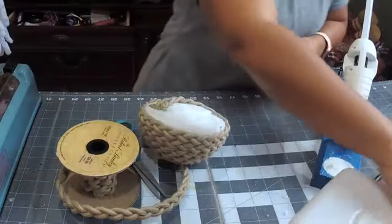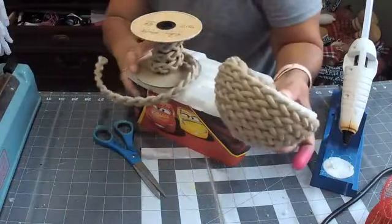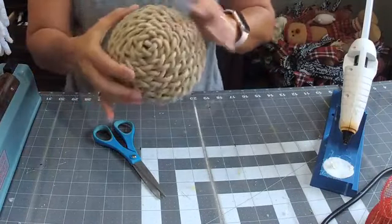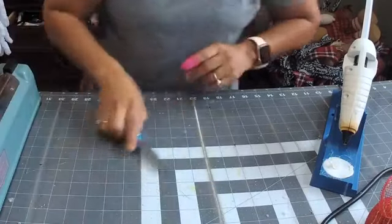Okay, so that's it on that. So let's get this stuff out of our way. I know, I love it too. I love making these centers. All right, so let's get that out of the way. Now,